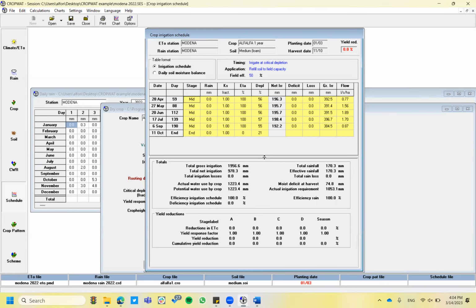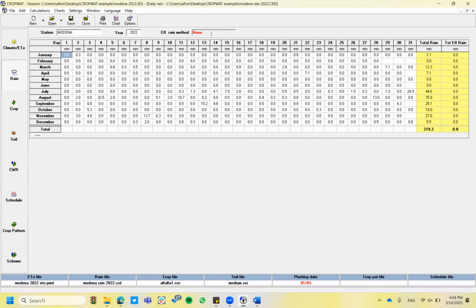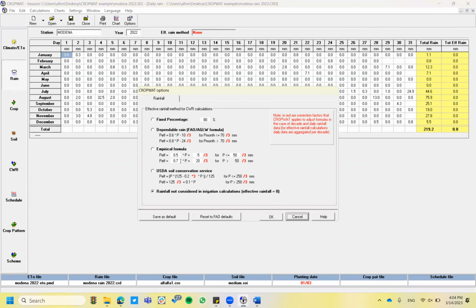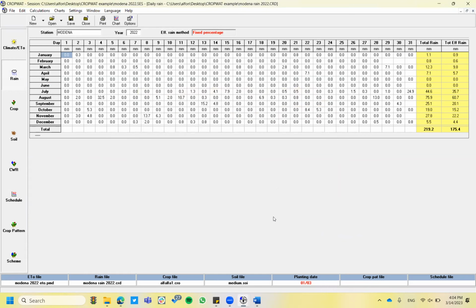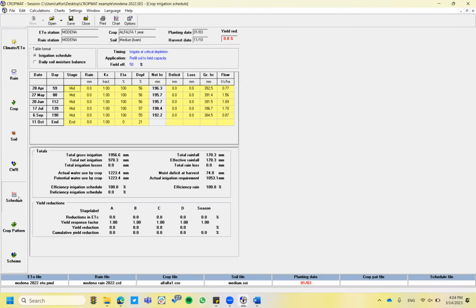Yeah, weird. Rain method none. What happens if I change it to fixed percentage? I tried to change it, it's the same. Because it's 175. Same. Total rainfall. So weird. Okay. So